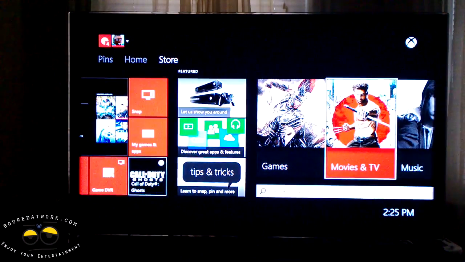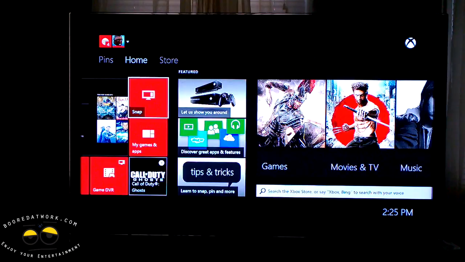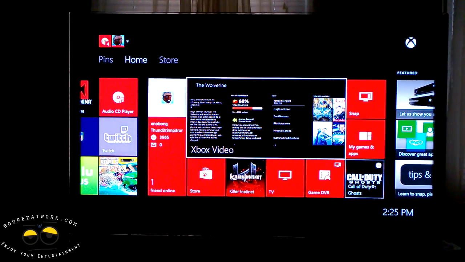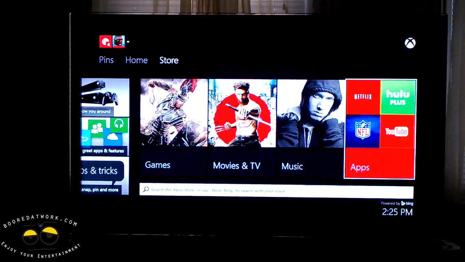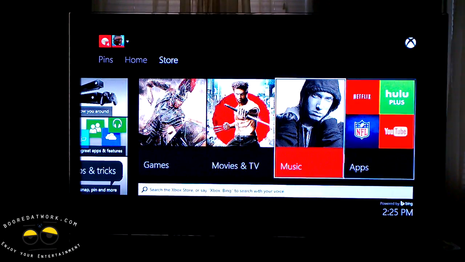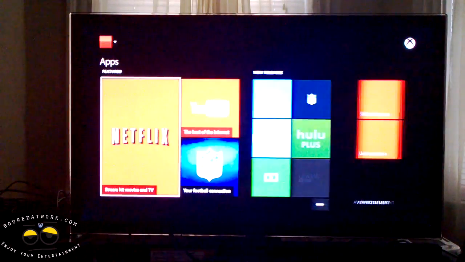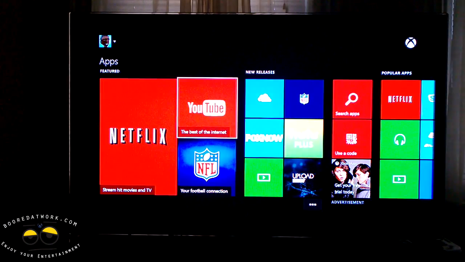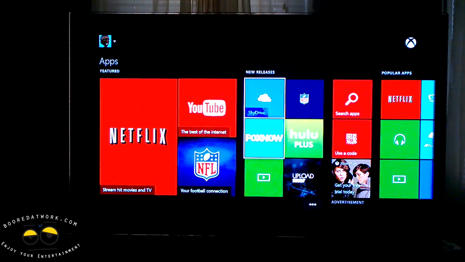And again, you can see that also takes me back to the home screen and what I was watching, which is pretty much Xbox Video. You've got music, which is the same, and you've got applications. Now, if you go into apps, you see all the different apps. You have YouTube. YouTube is available on the Xbox One, so that's there. You've got NFL, you've got Netflix,